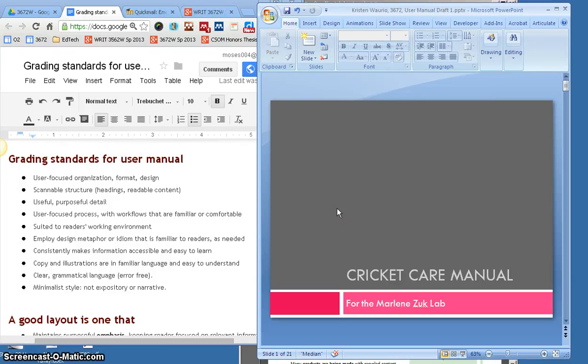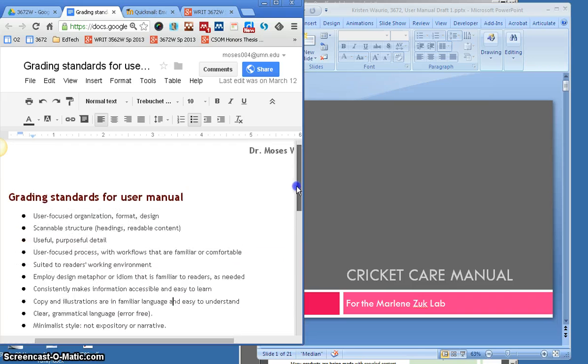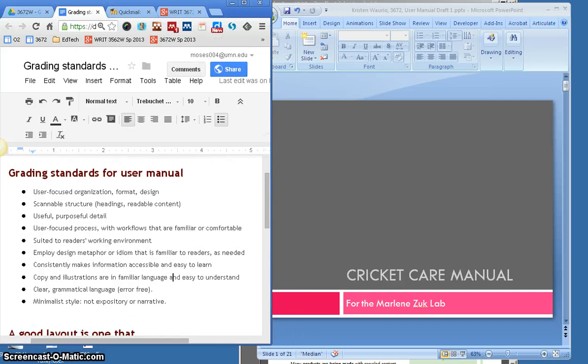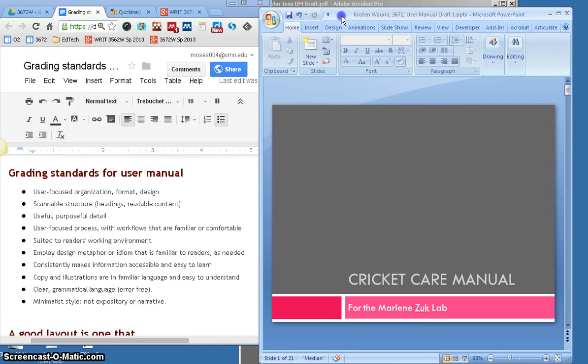In my previous video, I talked about Jess Krohn's user manual and talked about a good layout is one that achieves or uses these principles of emphasis, arrangement, clarity, etc. In this video, I want to talk about Kristen's first draft and discuss the grading standards for the user manual and how they're achieved or perhaps could be improved